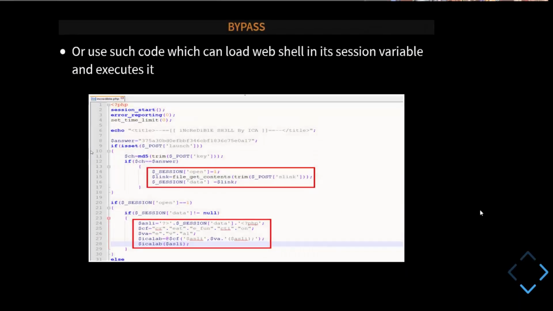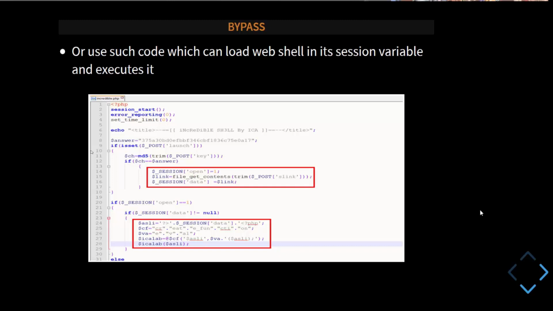Let's talk about scenario 2, when we have some security rules which are actually blocking file upload because of the blacklisted keywords in the HTTP request body. How to bypass in such scenarios?